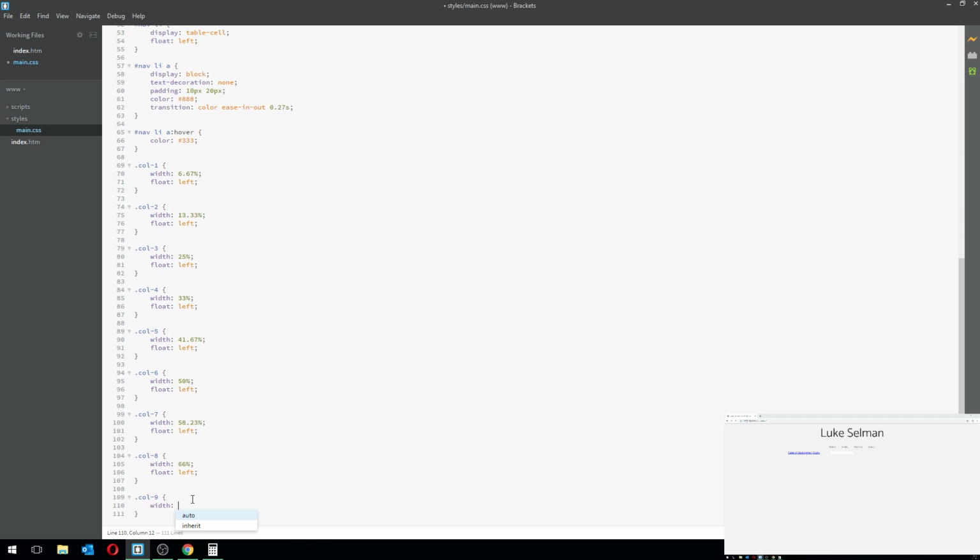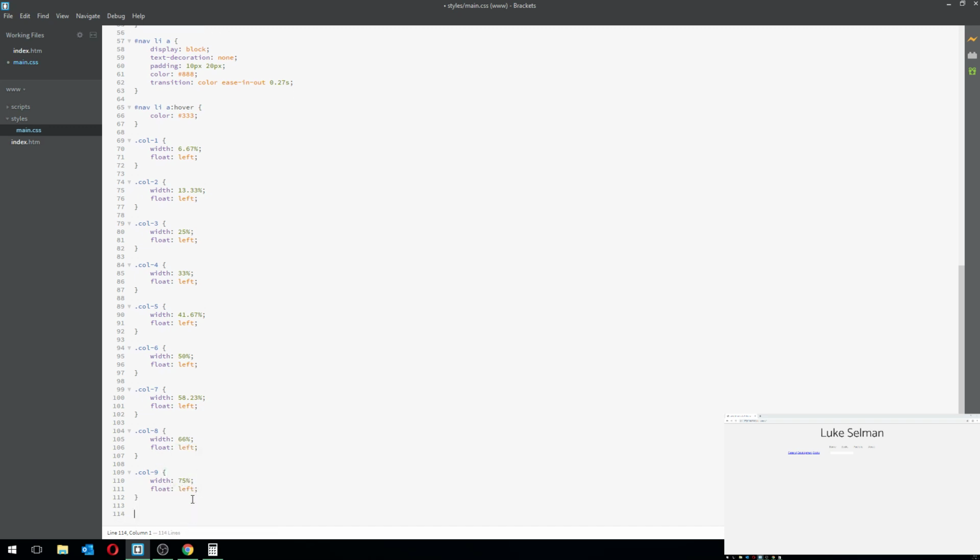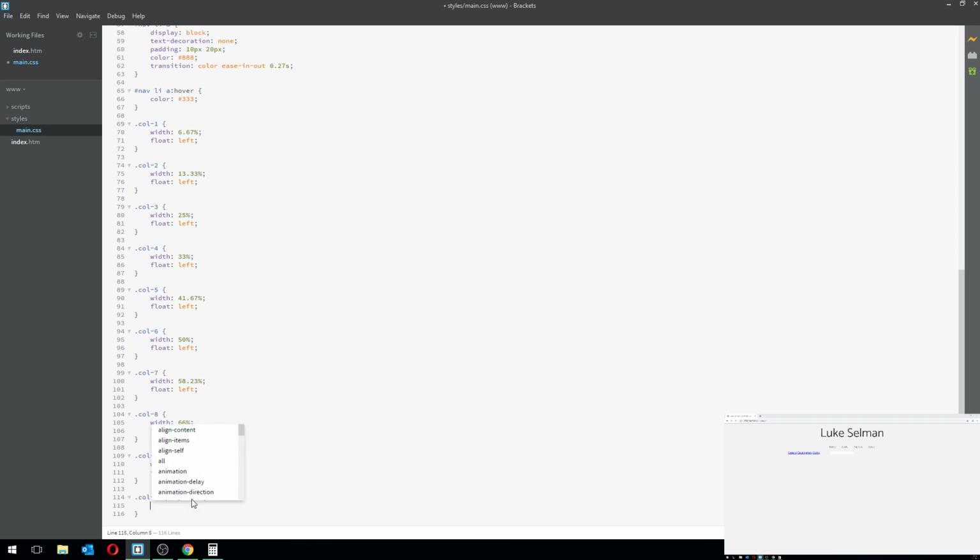Col 9, that's going to be, of course, 75%. Float left. As you can see in the corner of the screen, you might have seen the adjustment automatically as I've been doing this. I probably won't have all of these implemented, used even,